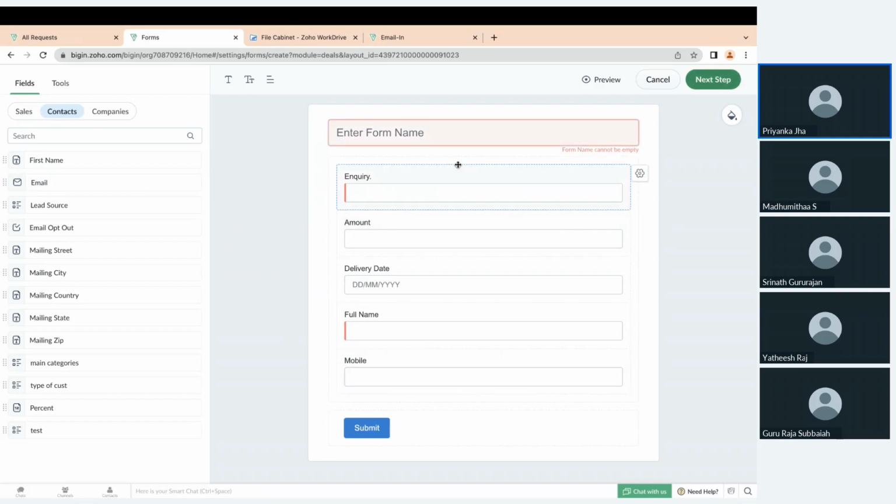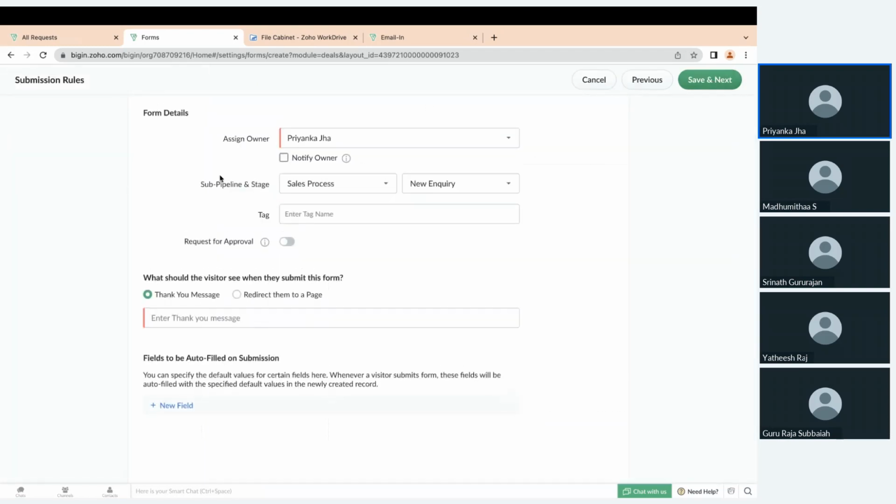Now if I click on the next step, here I have to fill the form detail, that is who would be the owner of these web form leads or web form deals that I'm going to get. And then there is an option to get notification as well. Whenever a new record is getting created through forms, the owner would get a notification if you enable this